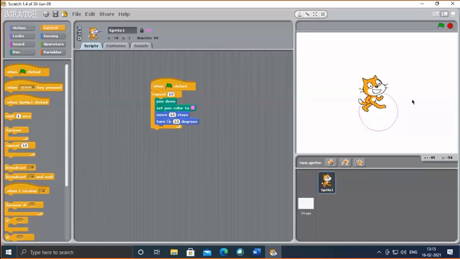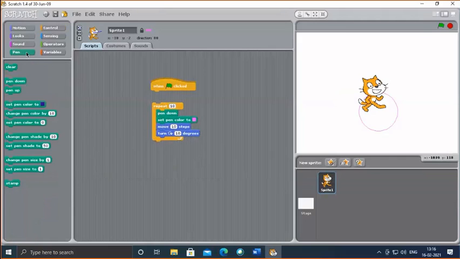So now what I'll do, I want to remove this first, isn't it? I want to clear the stage also, children. So before I move and turn the turtle, I want to clear the screen as well, isn't it? So for clear, I'll go to pen block. I'll bring this clear here. So first the stage will be cleared and then these will be executed.